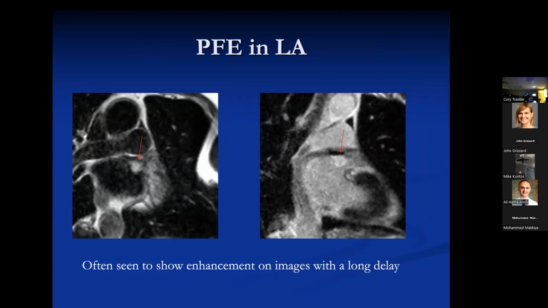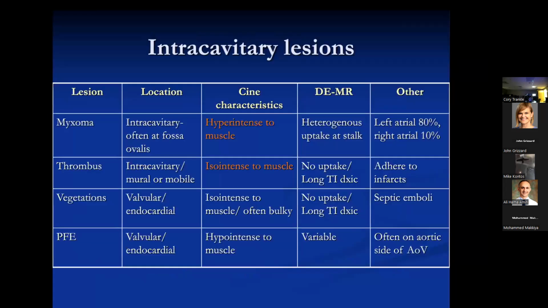And you see on the image on the right, the enhancement with the red arrow pointing to it. That's kind of characteristic. These things don't enhance aggressively or early. You have to wait maybe 15, 20 minutes to really get good enhancement that you're sure about. So delayed enhancement is probably the key to making the correct diagnosis here. They will enhance, but it usually may take a while, or at least in my experience, most of them enhance.